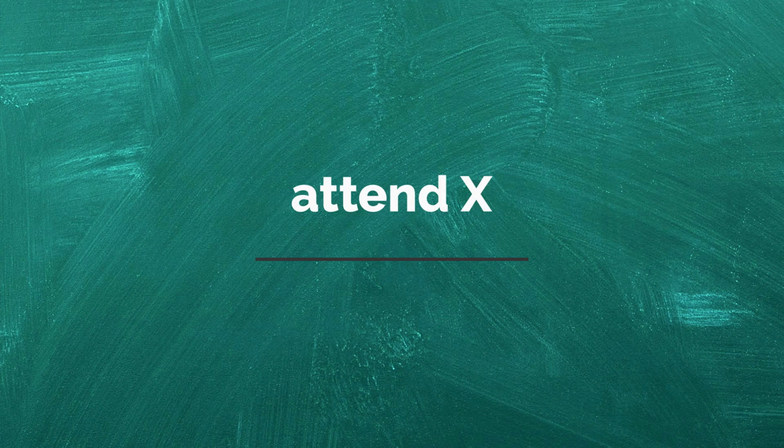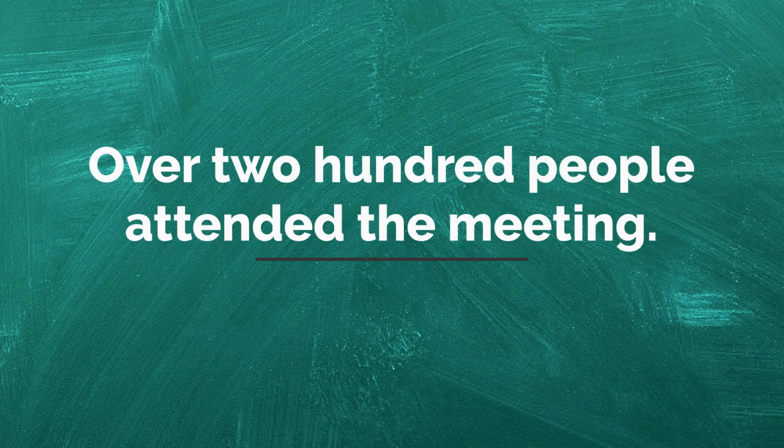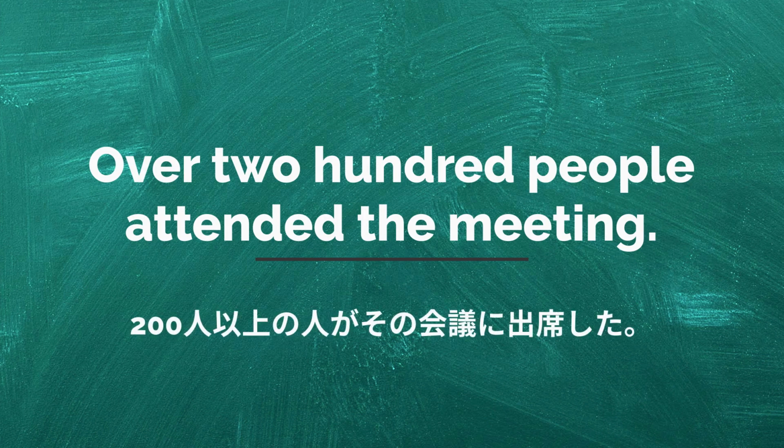Attend X. X に出席する。 Over 200 people attended the meeting. 200人以上の人がその会議に出席した。